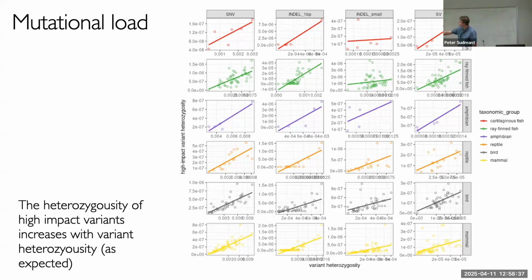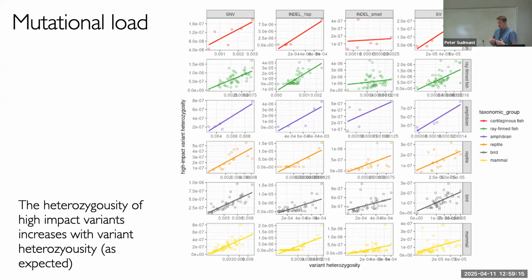So here, what this shows, I mean, there's too much data here, but let's just take one example. Let's just only look at mammals, and also forget the indels. The indels are above. But if you look at the proportion of high impact variants on the y-axis and the heterozygosity on the x-axis, they correlate. So what that means is that, and this has been seen in African human populations as well, more diverse populations have more deleterious variants, but they just have more variants overall. So you're exactly right, Rob, load is the wrong word. I shouldn't have said load.